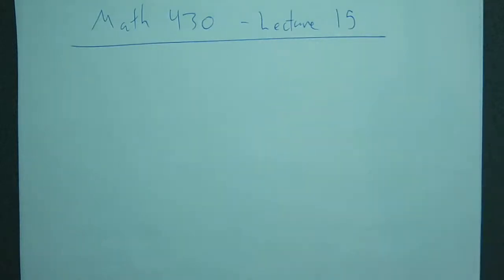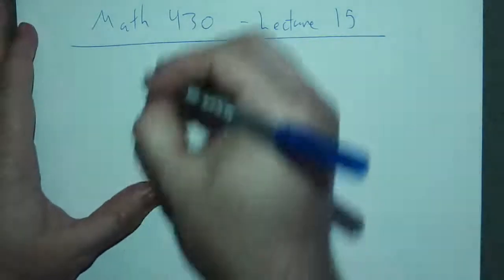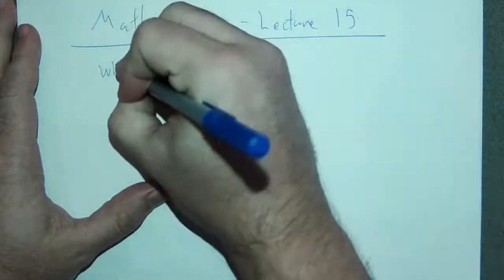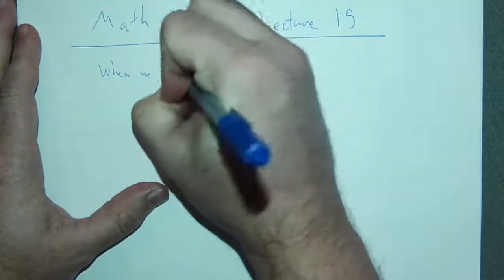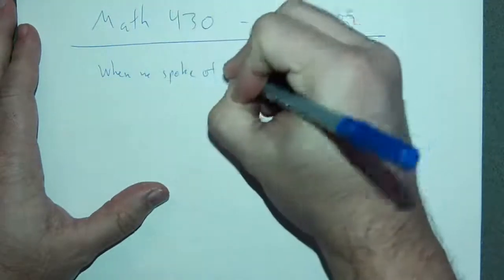This is going to mark the end of chapter 4 and our moving on to the next pillar of geometry for following the text, the notion of what exactly constitutes the 4 pillars of geometry. So, when we spoke of isometries,